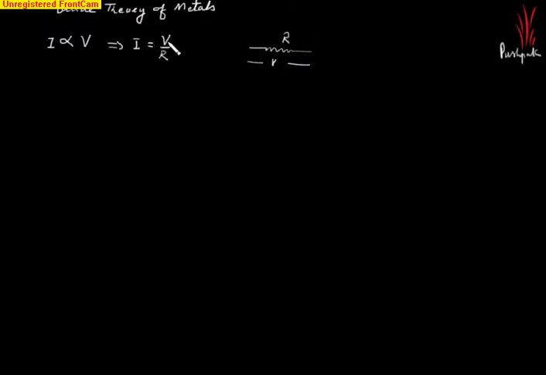This is one fact, and this was given by George Ohm in 1827. This is one fact. Second is the discovery of electron was made by J.J. Thomson in 1897,